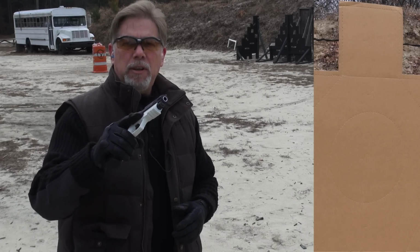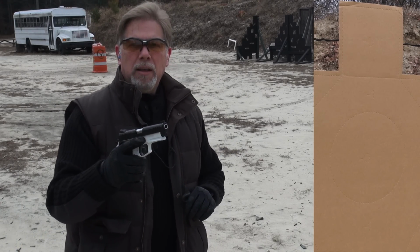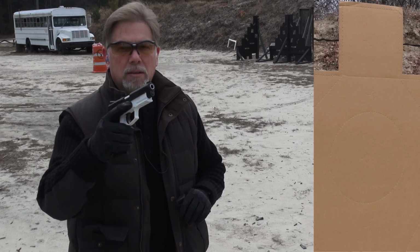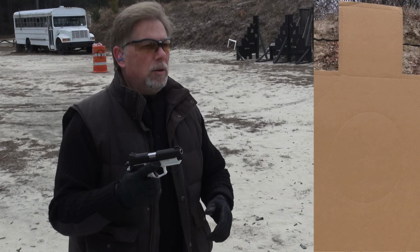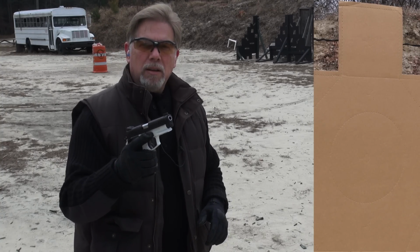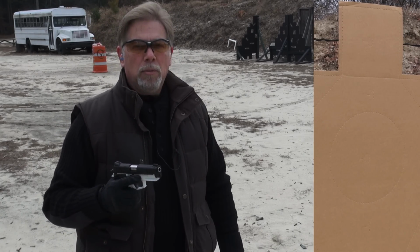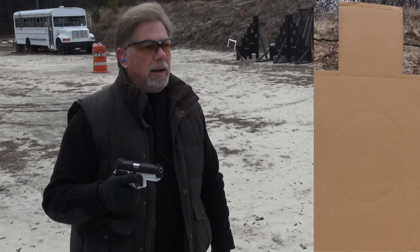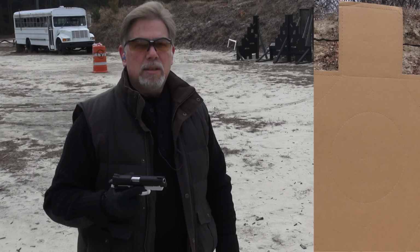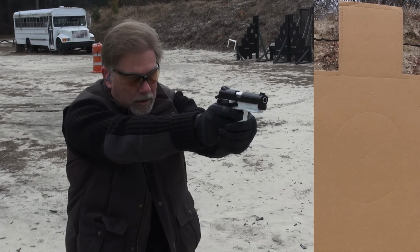Both of these have 15-round magazines. They are both double single action. The Lionheart is double action plus. I'll talk about that a bit more in a while. Talked about it in my first 100 video, but I'll expand on that a little bit, kind of revisit that topic. I'm just going to shoot both of these guns and warm up a little bit, remind myself how they shoot. Let's do body shots with the Lionheart and headshots with the CZ. That'll keep our shots separate. And without further ado,